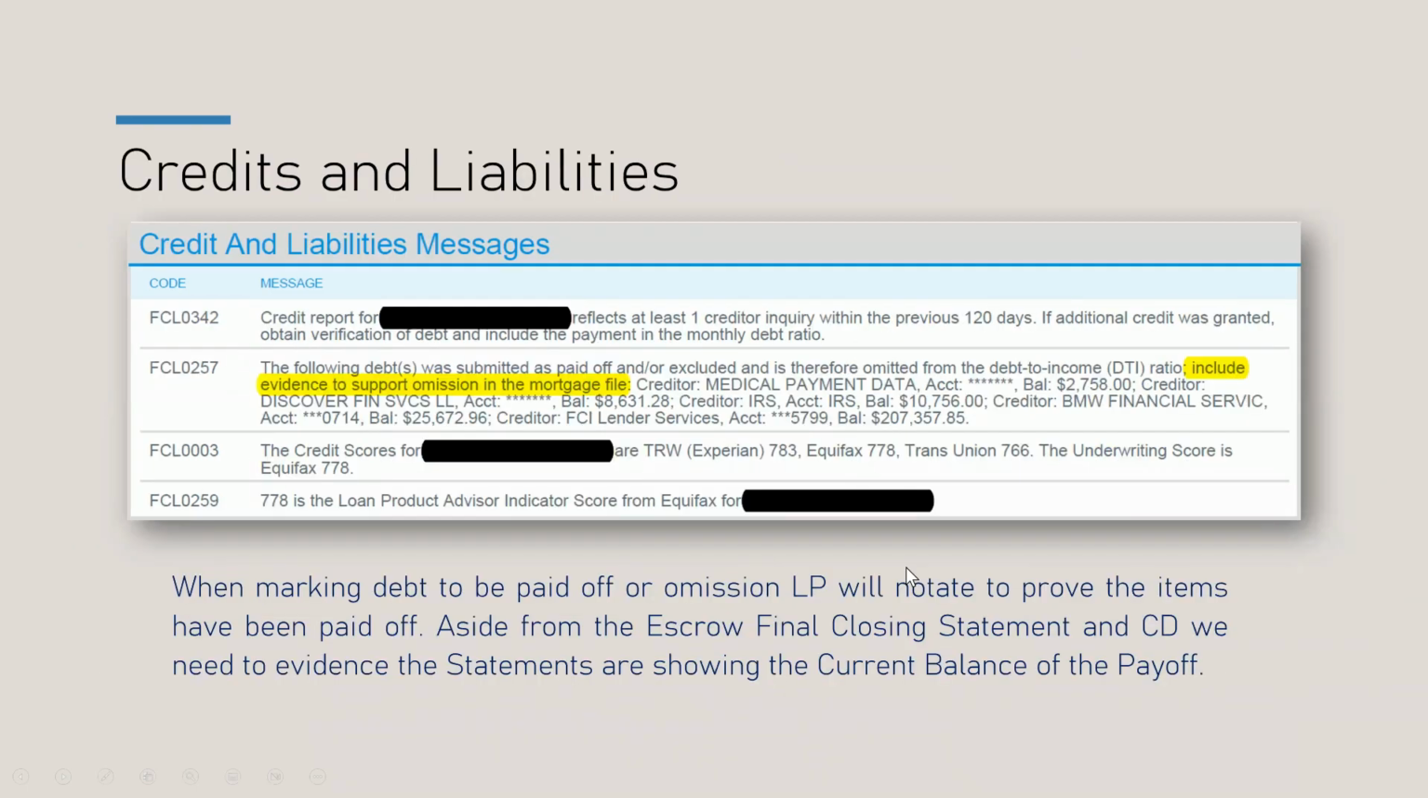All right, so credits and liabilities. When you guys are marking off anything that's being either paid or omitted, just like DU, it's going to ask you for the same items, right? To go ahead and provide the evidence to support the omission, right? Again, we now usually don't mark off certain debt to be omitted. We let DU or LP let us know if it requires it or not. But always keep in mind, we want to make sure that we do have